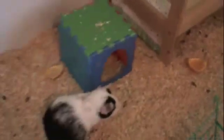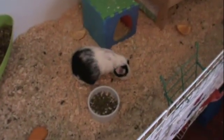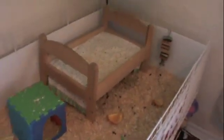So as you can see, they were eating oranges earlier, and they loved them. They ate them all up, so I gotta take the peels out of there. And Bella and Cupcake, not so much. They didn't seem to care for the oranges. But yeah, so I'm going to put some of that in their water, see how they're making out, give it another week or so, and then if not, I'm going to take Snoopy into the vet. Mostly because he hasn't been there yet. Bella and Cupcake have had their little trip. Gus has not been yet, so hopefully it'll be nothing, and the water will help him out a little bit